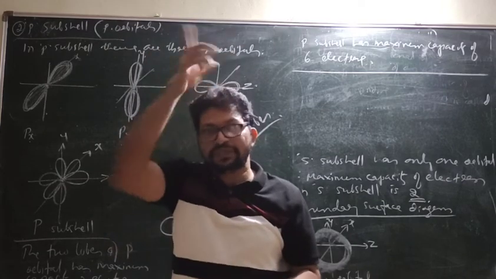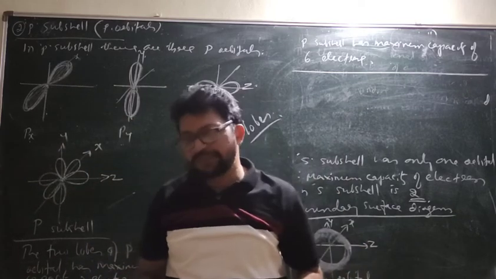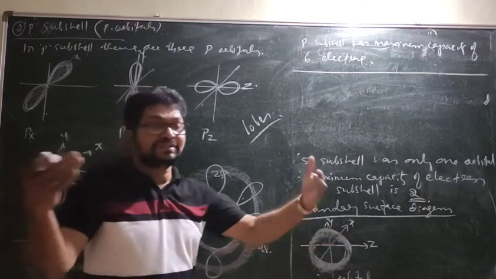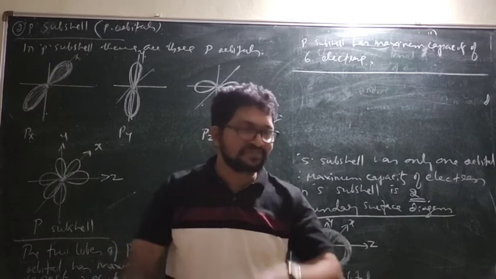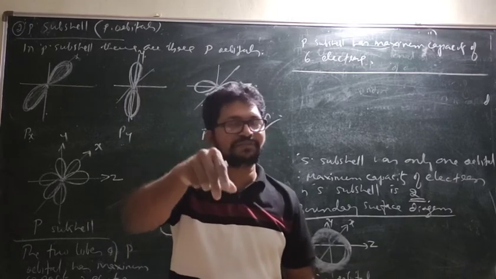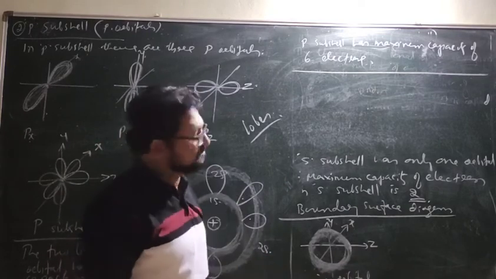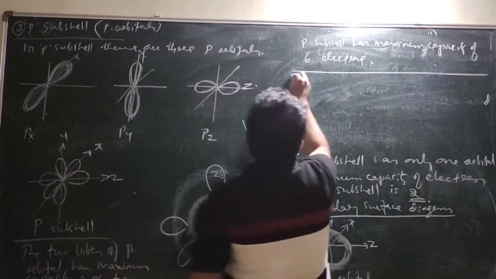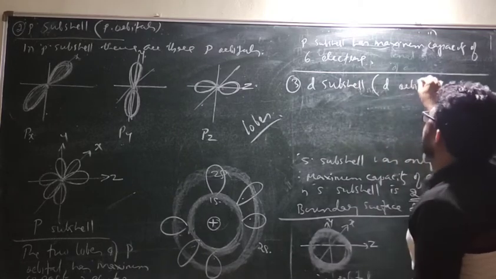How should the electron move? In the P orbital, it is not a spherical shape. It is a dumbbell shape. So they should not collide with one another. They have to manage the three-dimensional space. That is all these complications. That is why Schrodinger has calculated all those mathematical possibilities. You have to believe Schrodinger. Now the other one, D orbitals, D subshell, or you can say D orbitals.